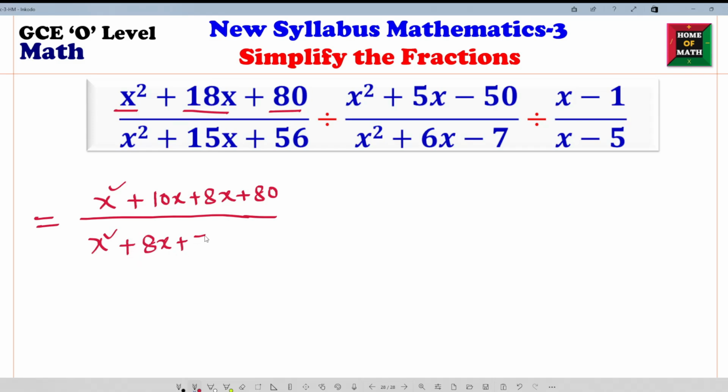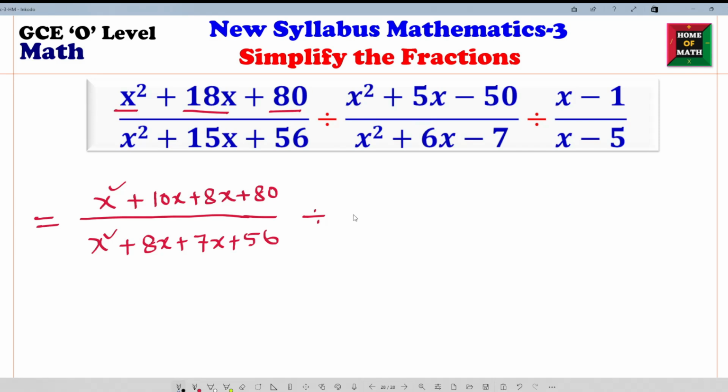8x plus 7x plus 56. Look, 8 times 7 means 56. Similar, 8x plus 7x means 15x. Divide